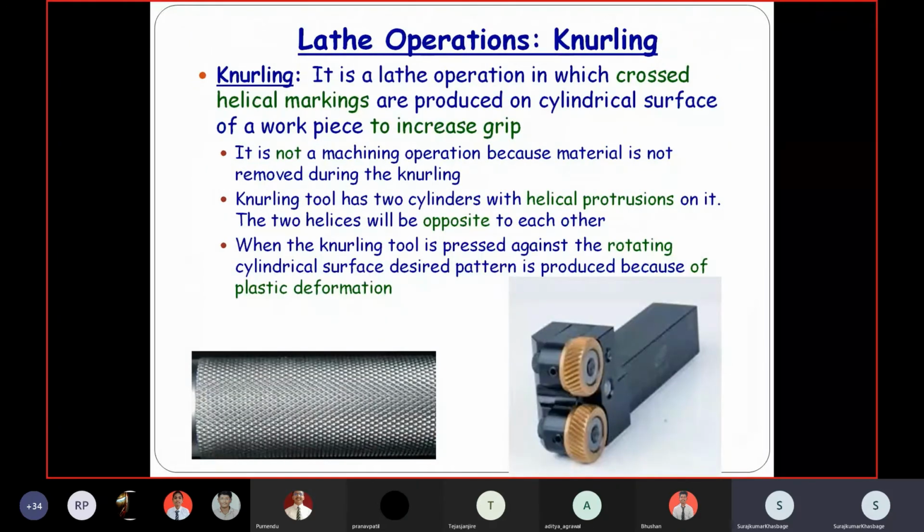Then you might have seen this type of design on some gym equipment or any equipment which has a hand grip. This type of operation is performed on the lathe machine, and it is known as the knurling operation. This can be done with the help of this knurling tool. It has a set of hexagonal gears, helical gears. This tool is simply pressed over the rotating workpiece so that it forms this type of design. This is just for providing the grip. तो जिम इक्विपमेंट पे वगैरह आपने देखा होगा.